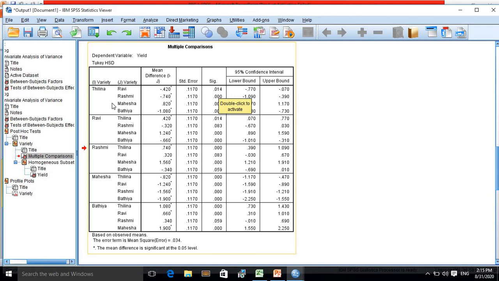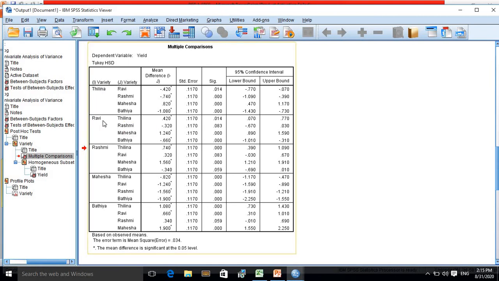When you compare Tilina with Mahesha, the obtained p-value is 0.000. Then again there is a significant difference between Tilina and Mahesha. And also when you compare Tilina with Bhatia, the obtained p-value is again 0.000. Then you can say there is a significant difference between Tilina and Bhatia.